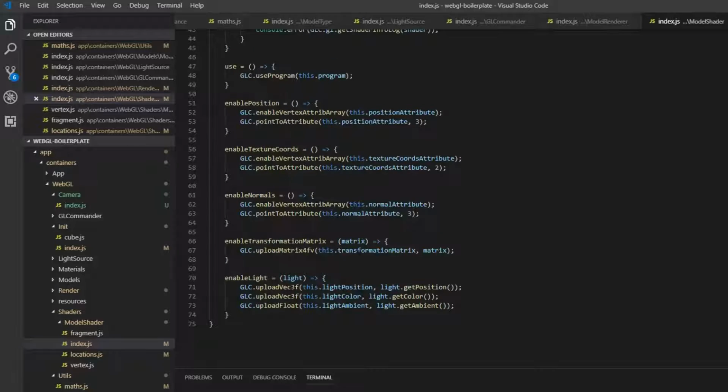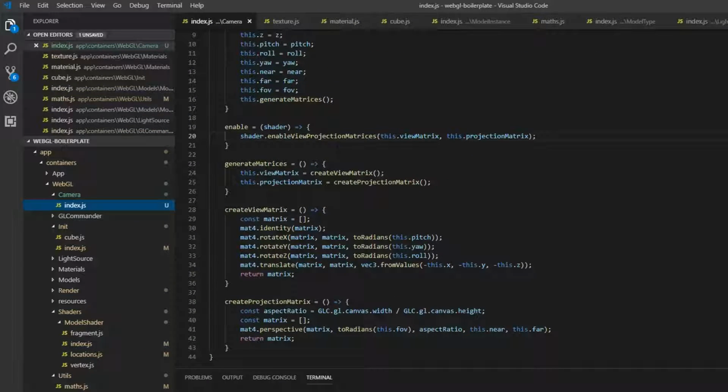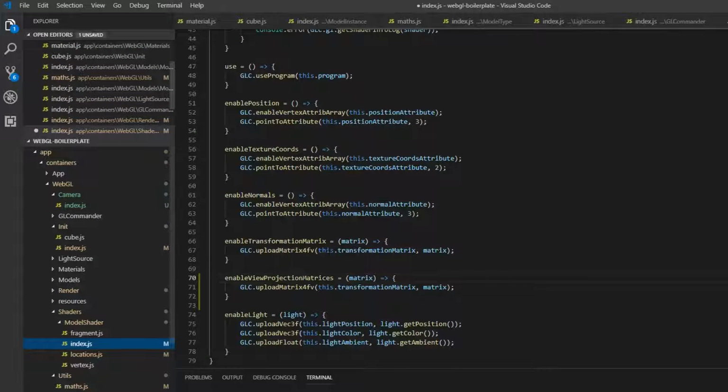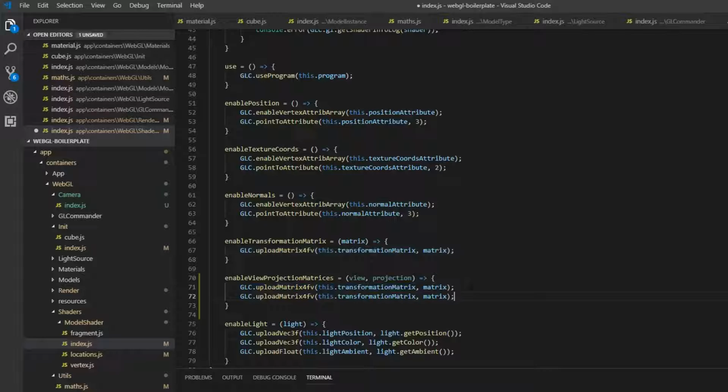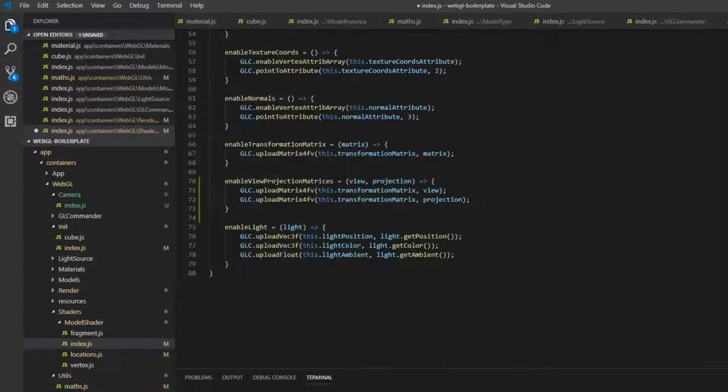Then we need a function to enable these, so we can just copy and paste this, and we're going to call this enable view projection matrices. And just to make sure it's spelled correctly, we can go here and copy what we created in the camera, and this will take in the view and the projection. And then we can just copy and paste that, and we're going to throw in the view here and the projection here,